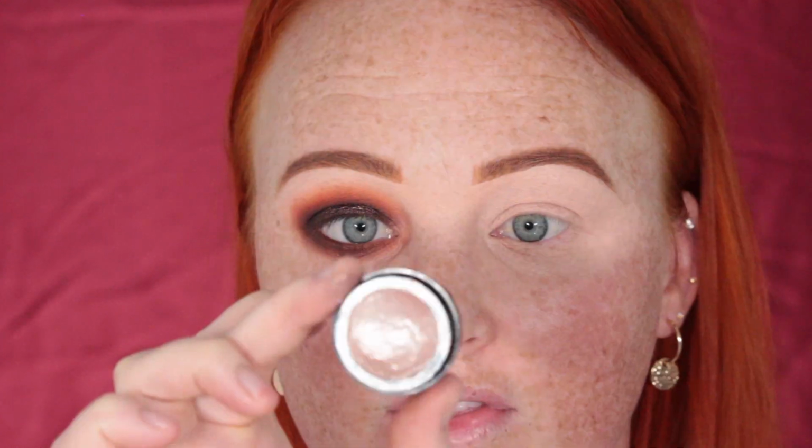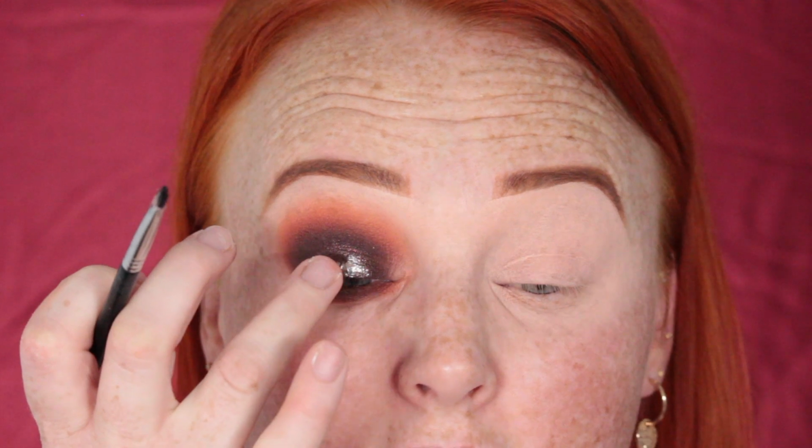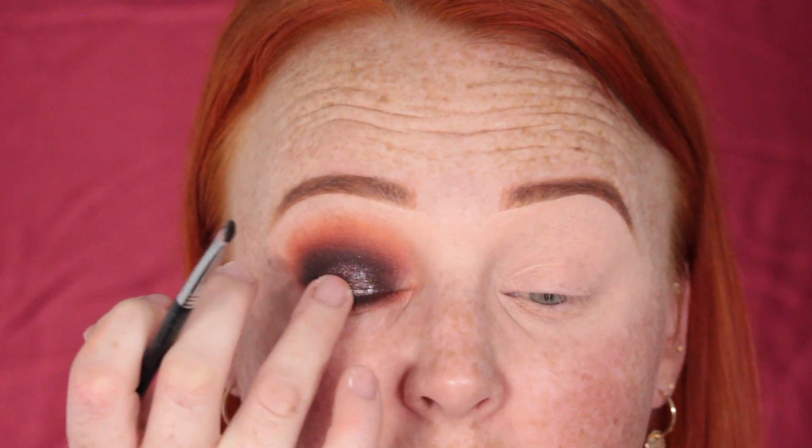I'm going to go in with another Australis eyeshadow, and this is in Guns and Rose Petals. So I'm just going to place a little bit on like this and just go in with my finger and start blending that out. And then just to finish off that little pop of glitter, I'm going to go in